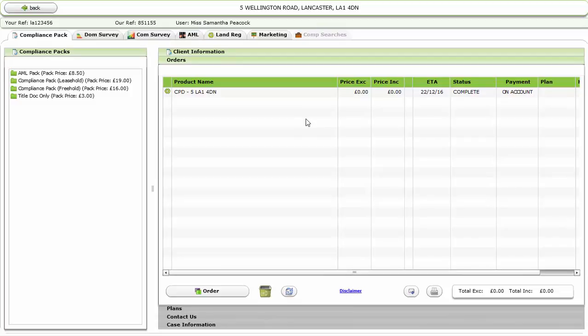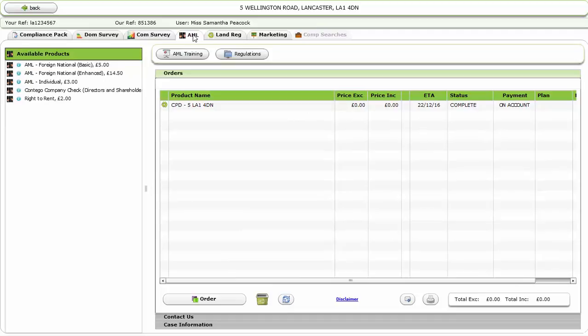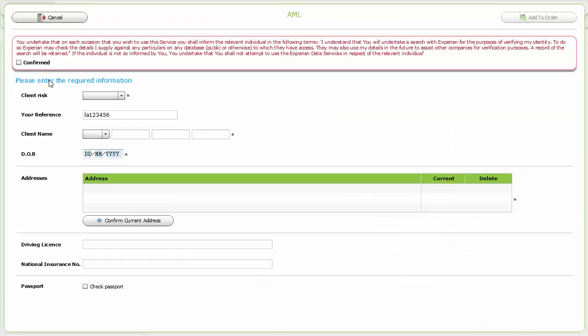You are now on the order menu for this property, with tabs across the top of the screen listing the product options. The grid on the right-hand side of the screen shows you all of the products you have ordered for this property. To order an individual AML check, select the AML tab at the top of the screen. On the left-hand side of the screen, under Available Products, double-click AML Individual, which is for people living in the